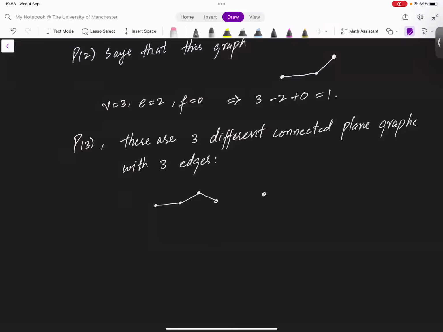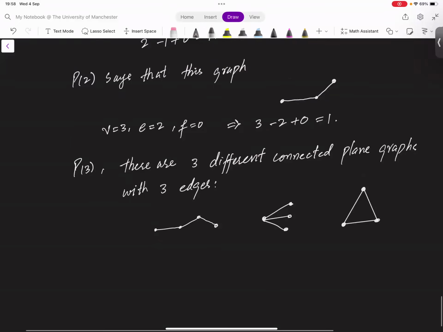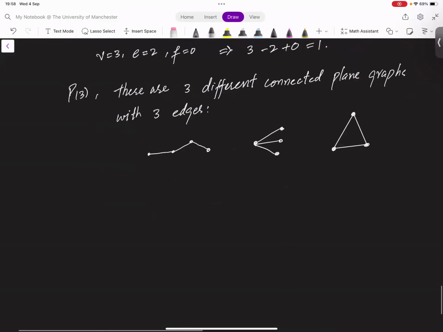Okay, 1, 2, 3. Okay, and each satisfies the formula. Then let us prove